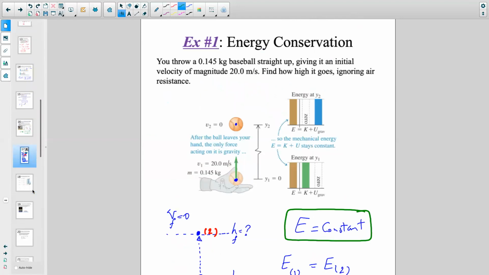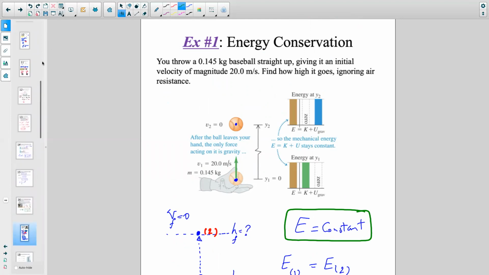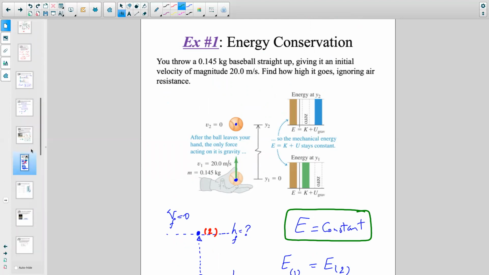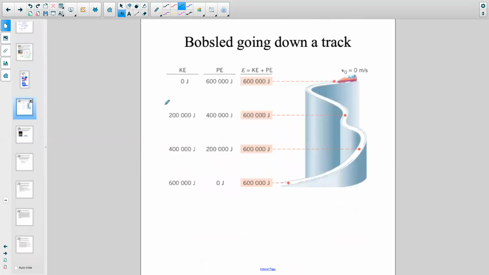I want to solve another example real soon that will go over what we covered in part 1 one more time. So, a bobsled going down a track. I have an object here with an initial velocity of 0. Initially it is at 0 velocity, but it has some height associated with it. So I have a height initially for this object. In other words, at this point, it does not have kinetic energy. So in point 1,